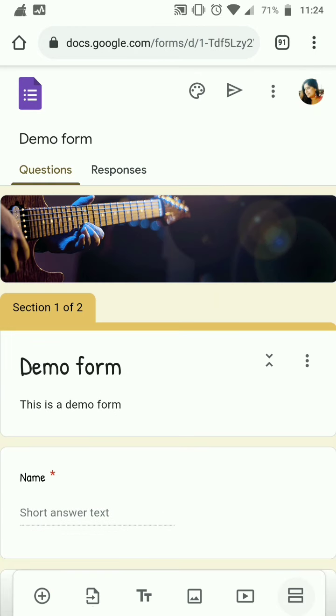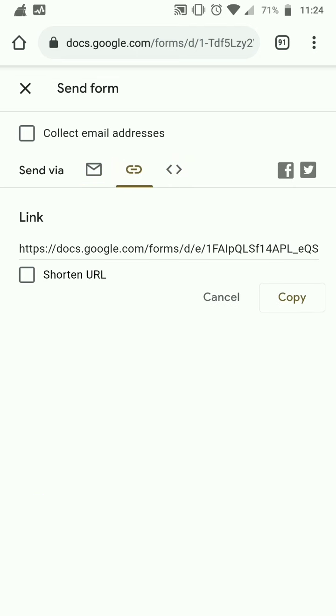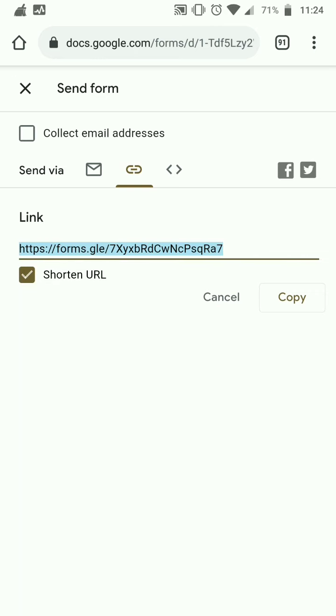And once you have decided, you can send this link to whoever you want. If you don't want to write the question of email ID, then you can just click on this collect email address. So whoever fills the form, automatically they will have to give their email ID. So it's simple. This is how it is done.